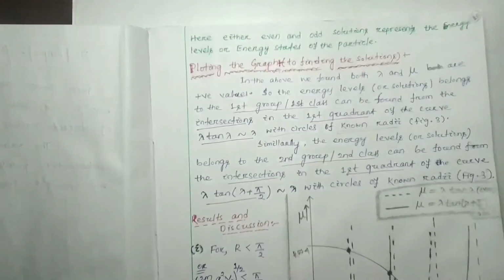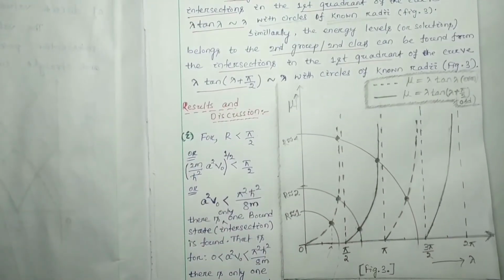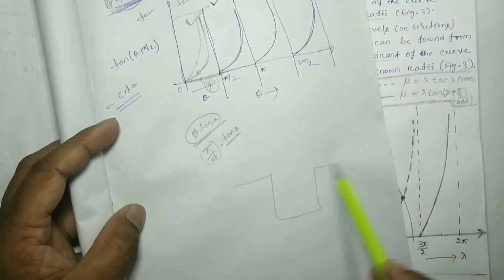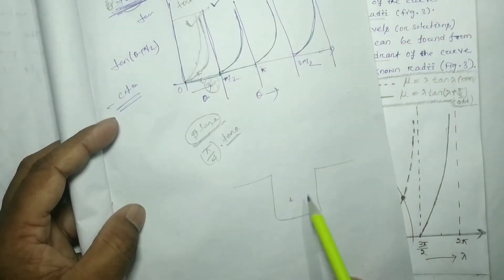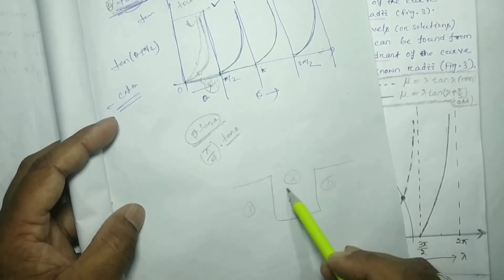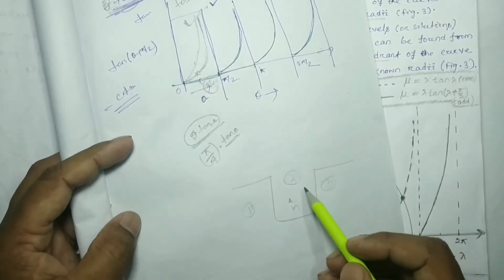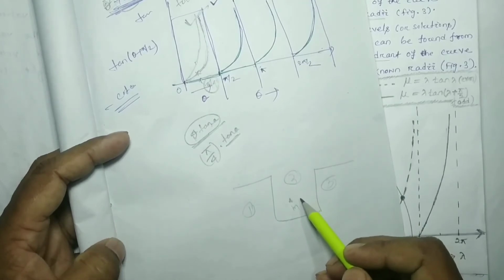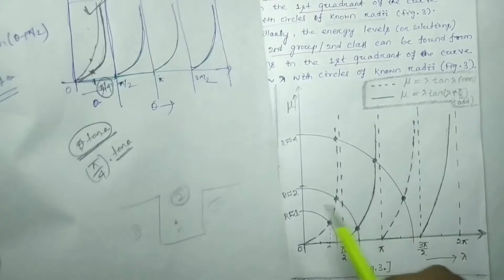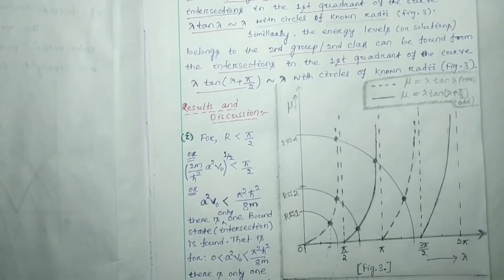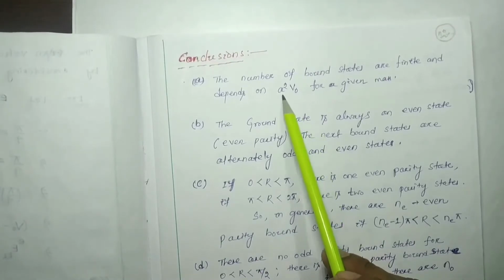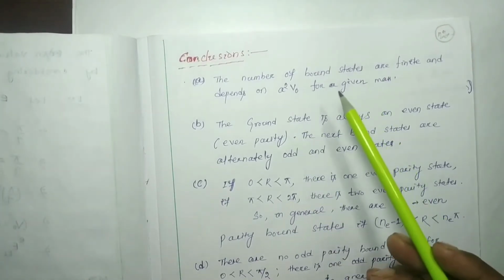That means for a given mass m of the particle trapped inside this potential well, with this region 1, this 2 and 3, we can get alternately even and odd parity solutions for region 2. As we increase the value of a square v0, the bound energy states